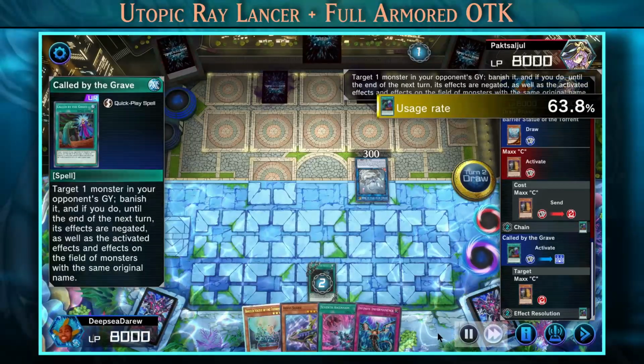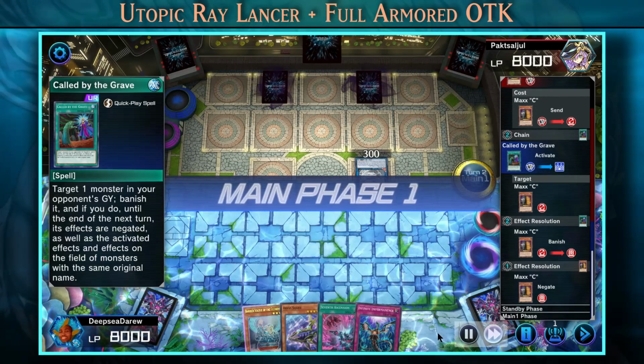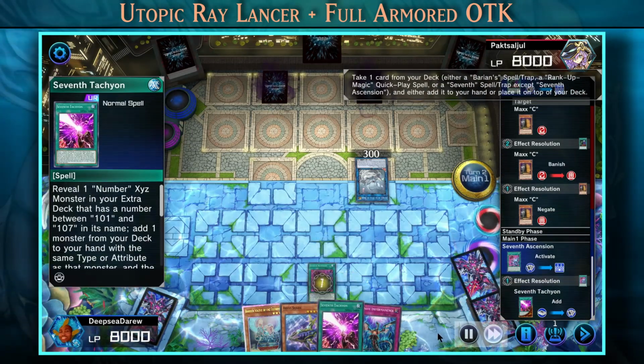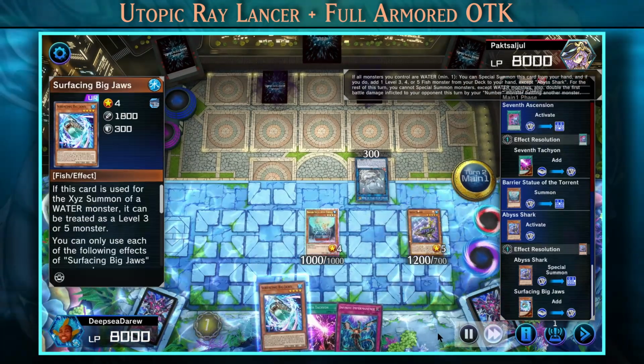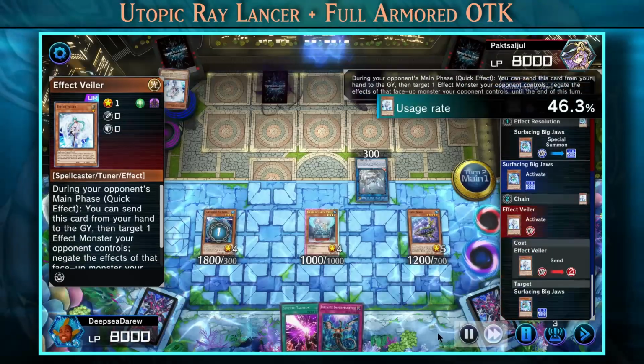Before we talk about doing one-turn kills with our new boss monster C32, let's do a recap with how to do one-turn kills using Utopic Grey Lancer and the full armored spell and trap cards. We're going to normal summon the Barrier Statue, activate Abyss Shark, search Big Jaws, activate Big Jaws, the opponent negates the Big Jaws,